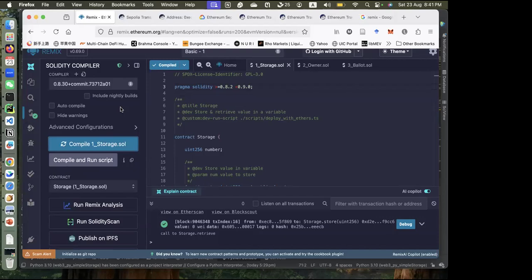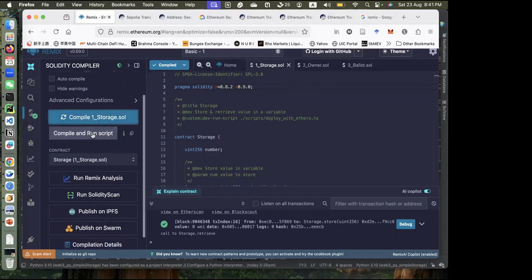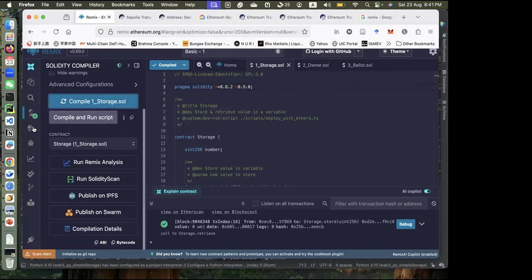Okay, so the benefit of this Remix IDE is that for most of the time, compiling and deploying it, you don't need to write any other extra code. You just need to click some buttons. It's actually a very friendly user interface. So that's why I'm going to illustrate this in advance. Okay. After compiling it, you can click the fifth icon at the very left-hand side, which is named deploy